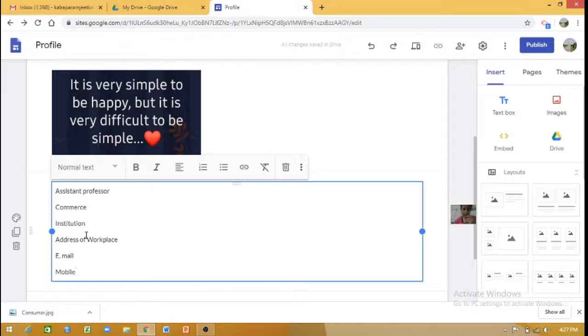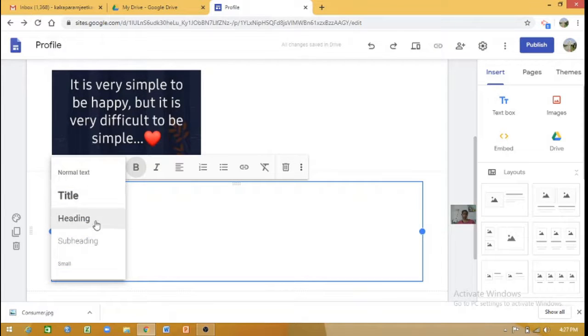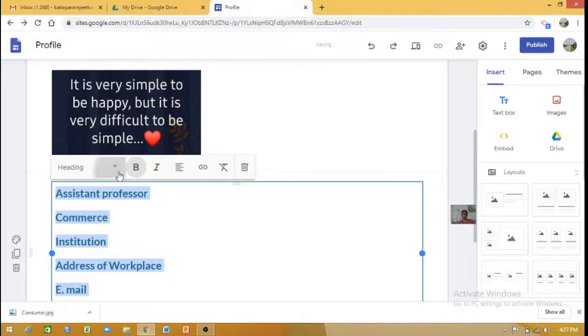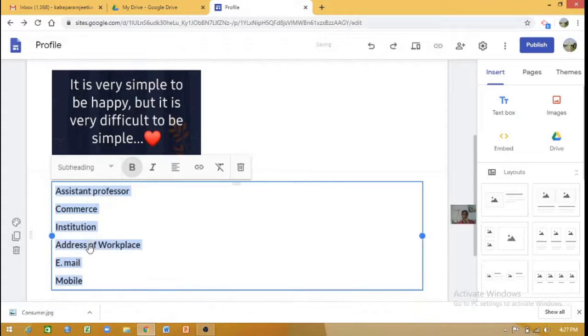can give all the details. So I can make changes in this text as well. You can see above, I can do it bold, I can make it for heading size. For now I will make it a subheading only. I can do it italic, I can align it. From here you can see I can even duplicate this section, I can delete it, and I can select the section background also. Now we can make some more changes to make it creative.